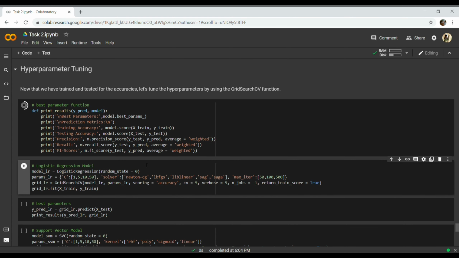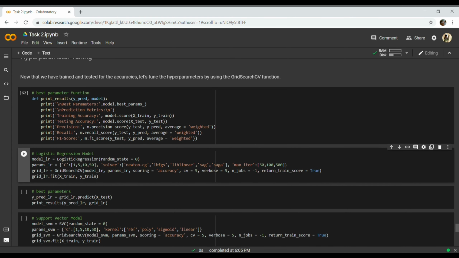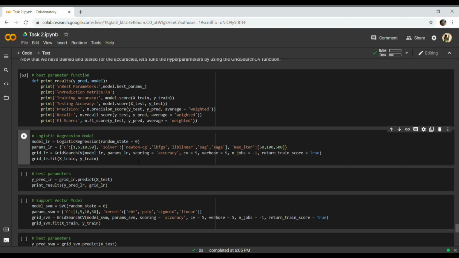After running this function, it won't return anything now. Now for this logistic regression, the random state I've set as 0, common for everything, and the parameters: the C value I've given as 1, 5, 10 and 50, the solver as Newton CG, LBFGS, LibLinear, Saga and SAG, and maximum iterations as 50, 100, 500.